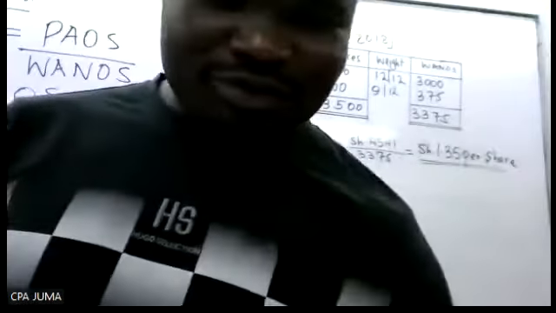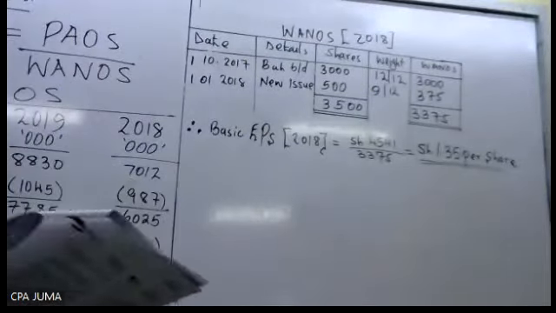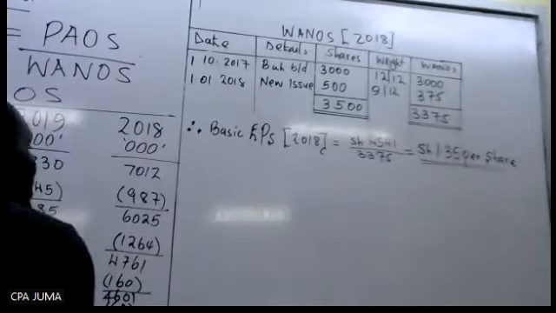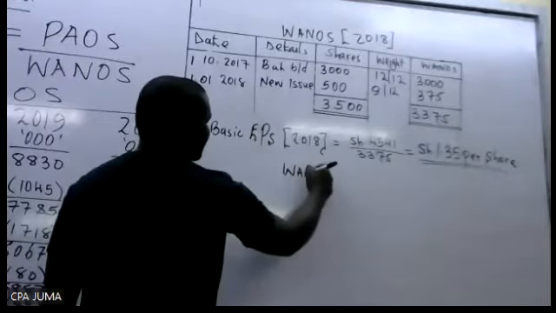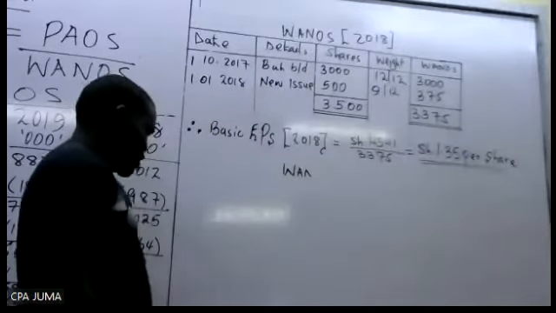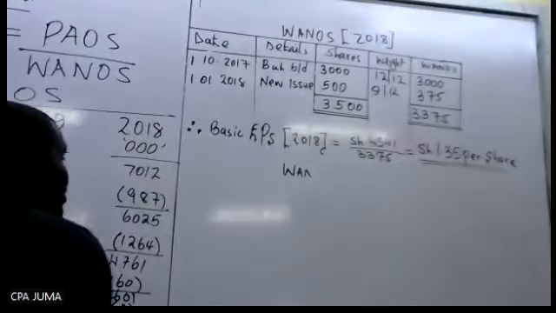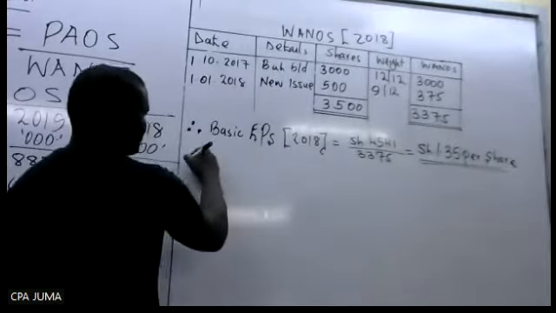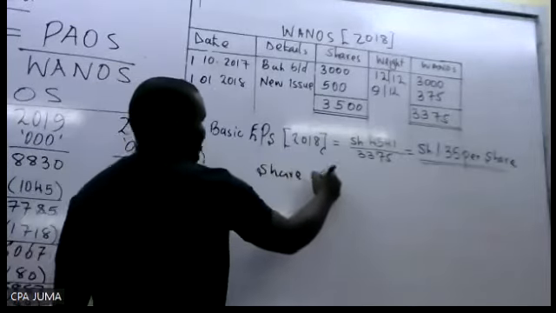Let's go to Roman 2. They want the basic EPS for 2019. So right there, 2019. When there is a rights issue, you have to do some two or three steps. So two steps before one was. You come and say share movement.